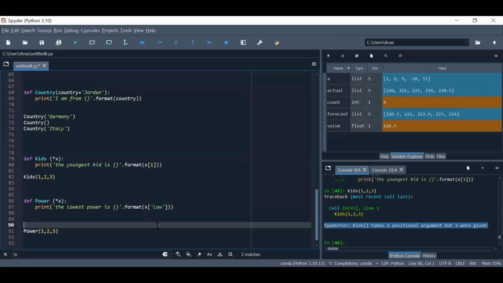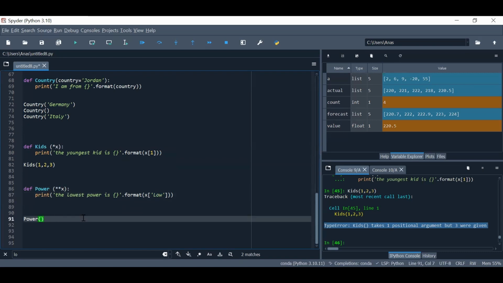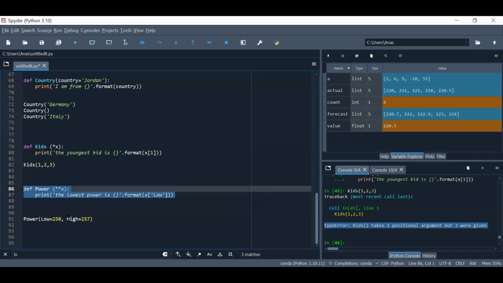So what really happens is that one, we need to add 2 stars so that it's an arbitrary keyword argument. This means that you can have different keywords inside there and you choose one of them. So how to use it? Let's say I say low equals 250 and high equals 257. So now if I define it,